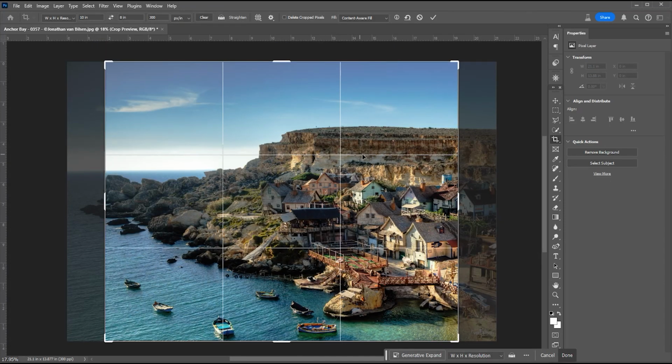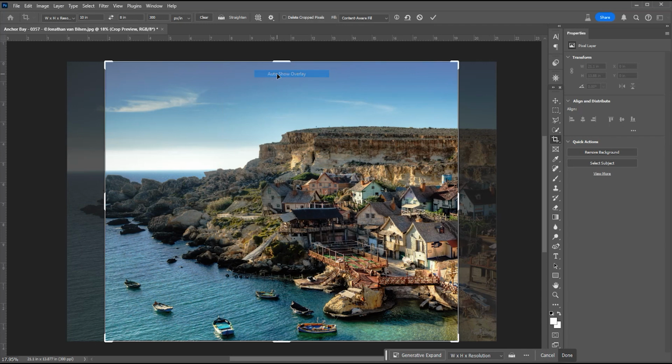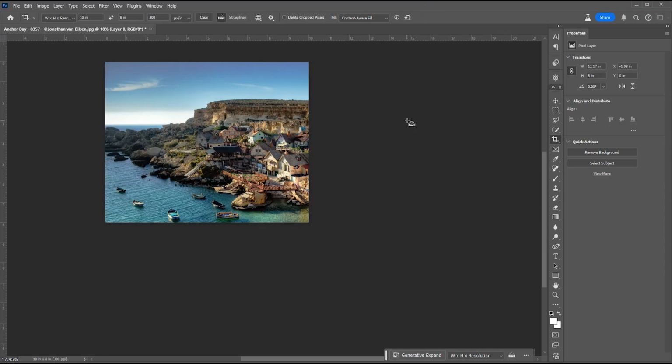Notice the rule of thirds is easily seen on the grid lines within the crop box. You can change this to other formats by selecting the grid icon at the top or pressing O on the keyboard. You can hide it or show it automatically, which means it only shows when you click on the crop with your mouse. When I click on the check mark or hit enter on my keyboard, my new crop is